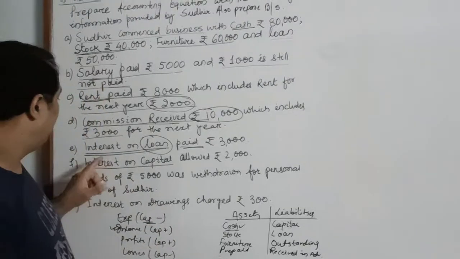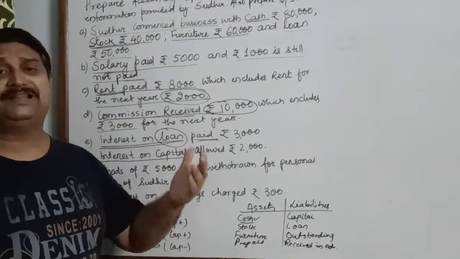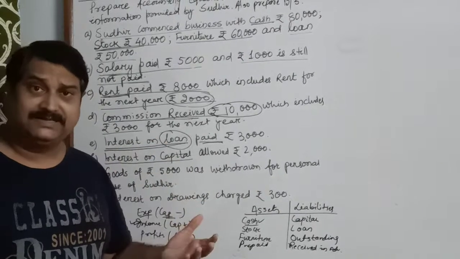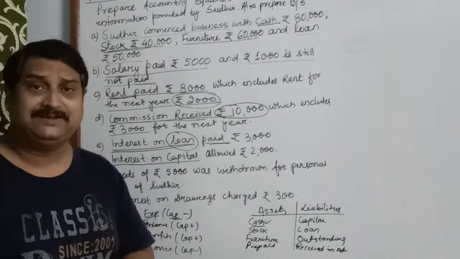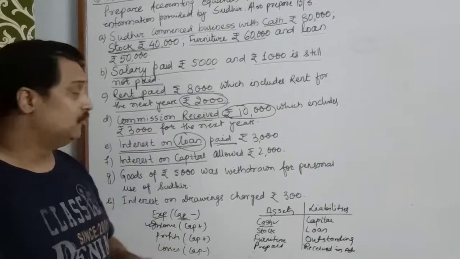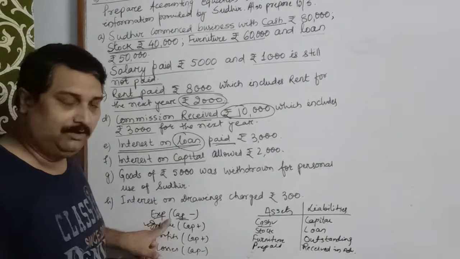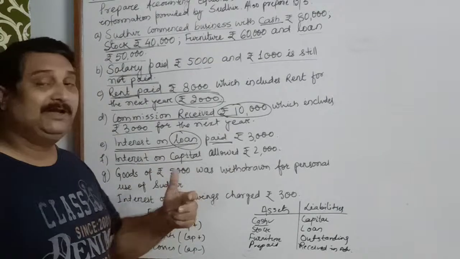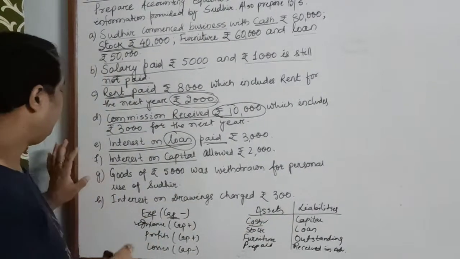So as I told you, interest on capital, if you remember the business entity concept, over there I had clearly discussed that the amount of money invested by the owner is known as capital and the interest provided on that is an expense. So what do we do with the expense? It gets adjusted with the capital. So interest on capital will be added and subtracted both from capital itself.